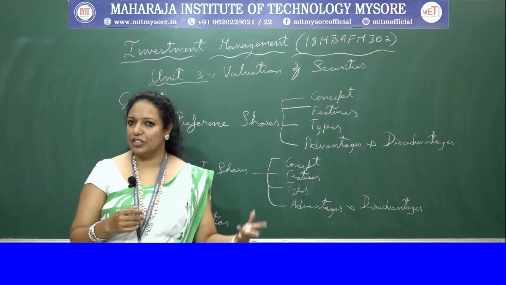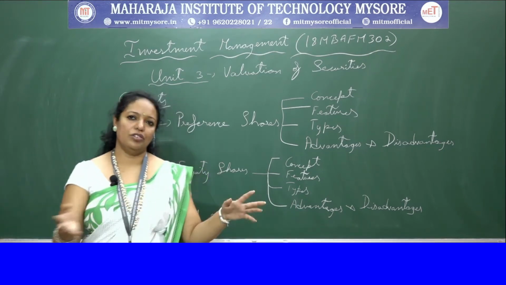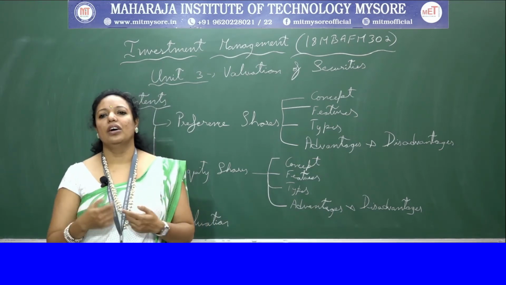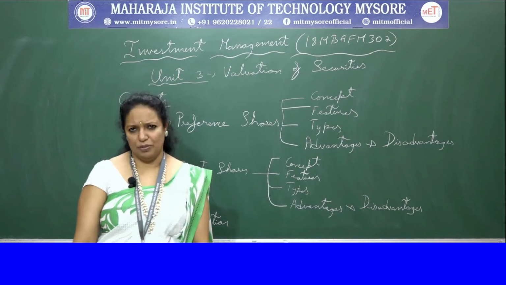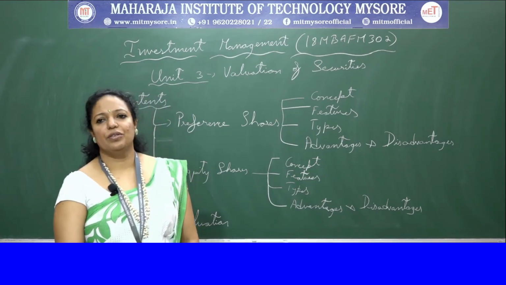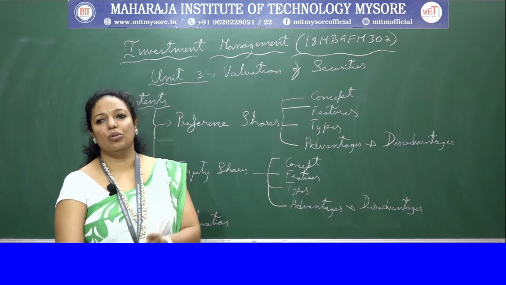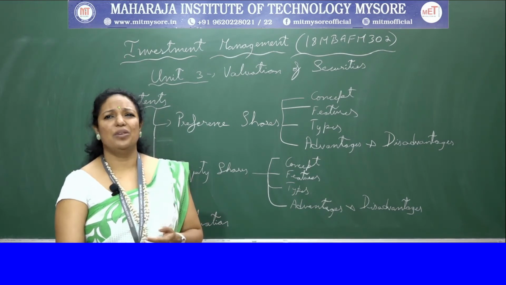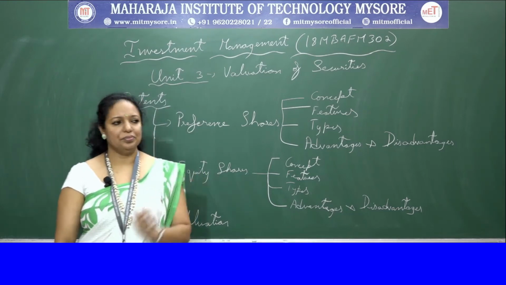Suppose you want a cumulative share, you can buy. Suppose you want a redeemable share, you can buy. You have lots of varieties according to the needs and requirements of the shareholder, based on the objective also you can prefer. They don't put their preference over any voting rights, rights to conversion or special rights. They don't have anything like this. So they are simple neutral shareholders.